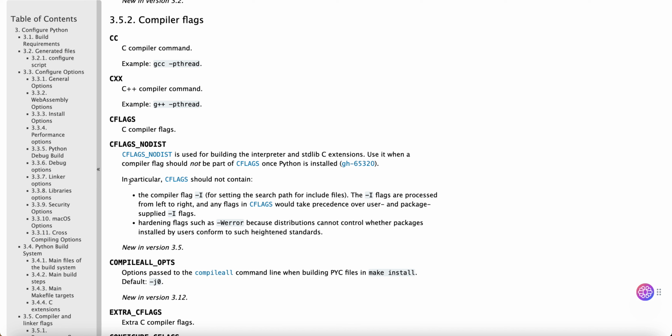Use it when a compiler flag should not be part of CFLAGS once Python is installed. In particular, CFLAGS should not contain the compiler flag -I for setting the search path for include files. The -I flags are processed from left to right, and any flags in CFLAGS would take precedence over user- or package-supplied -I flags. Hardening flags such as -Werror